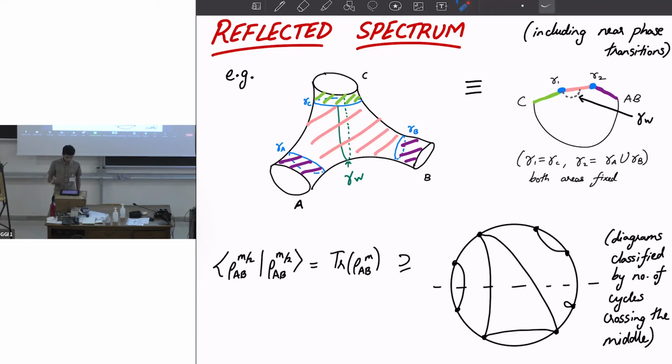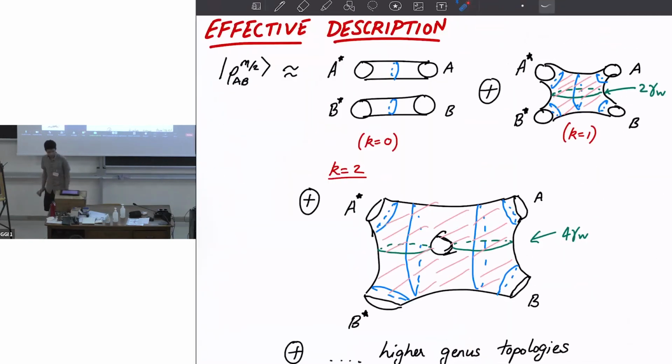The tensor network can be thought of in gravity as preparing this fixed area state, where you fix the areas of the different extremal surfaces, allowing for conical defects in the bulk. And then what you want to do is look at the state, which was this rho to the m over 2. Similar to what Ahmed was saying, you can consider the norm of the state and look at the Z2 symmetric slice. It turns out that the different kinds of diagrams that you get are essentially classified by how many permutations cross this middle line. And the picture that arises from that is the following.